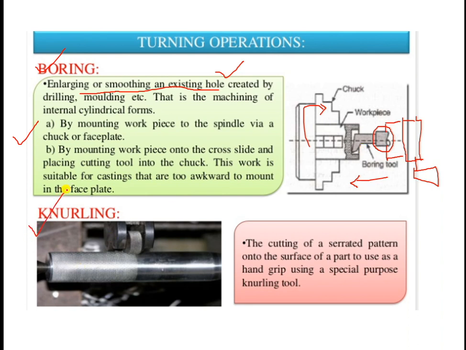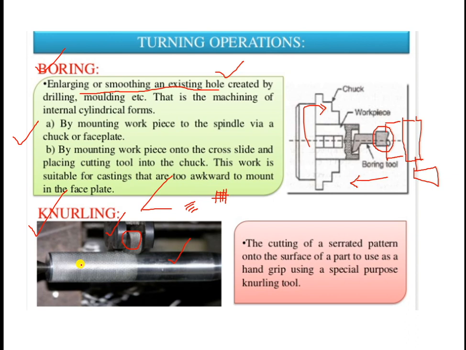Another operation which will be carried out is knurling. You just see, this is a knurling roller, which will be held with the help of this knurling tool holder, and this is the raw bar or shaft, or the raw material on which we want to impress this kind of design. There are two types of knurling, plain knurling and diamond knurling, in which you can have such serrations on this cylindrical component, or you can have serrations like this one, which is a cross pattern. So this is diamond knurling, this is plain knurling.